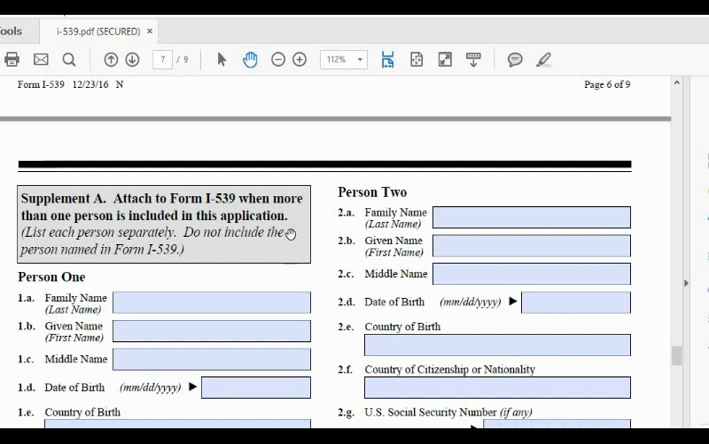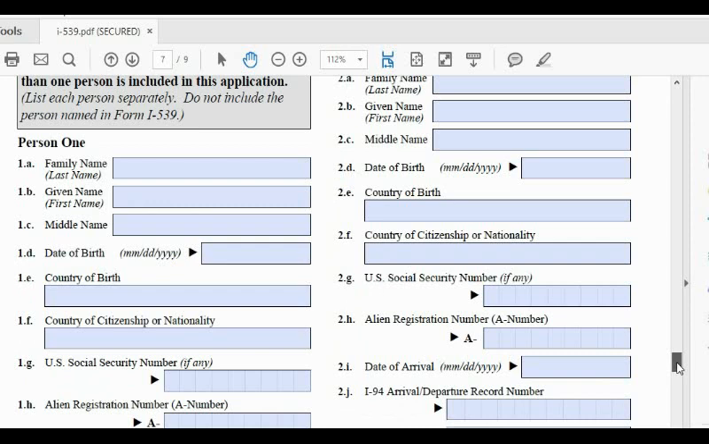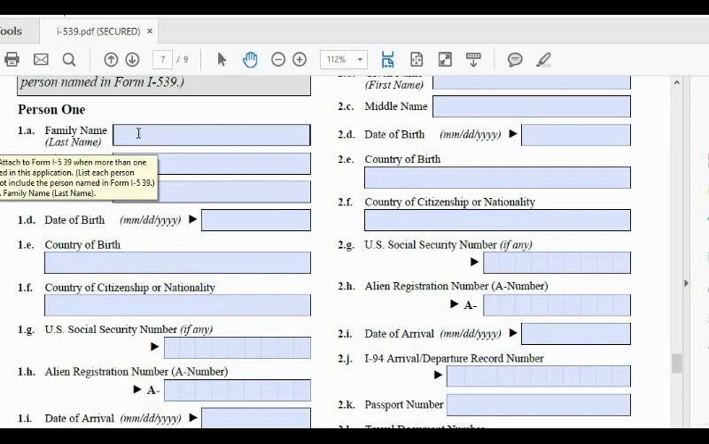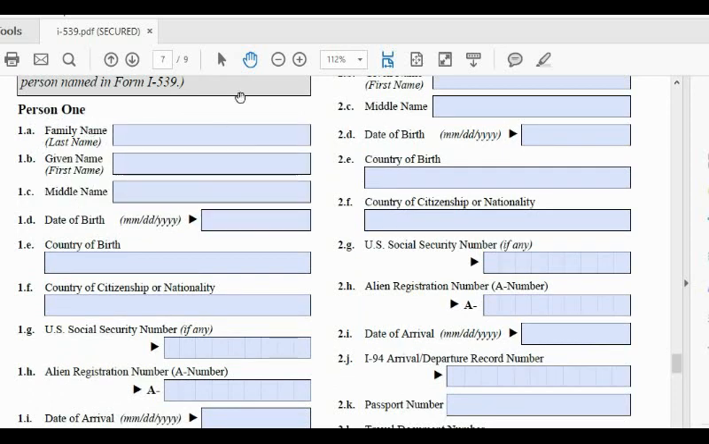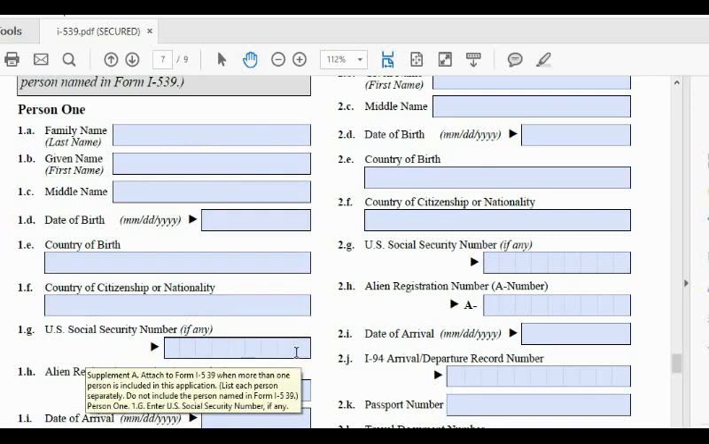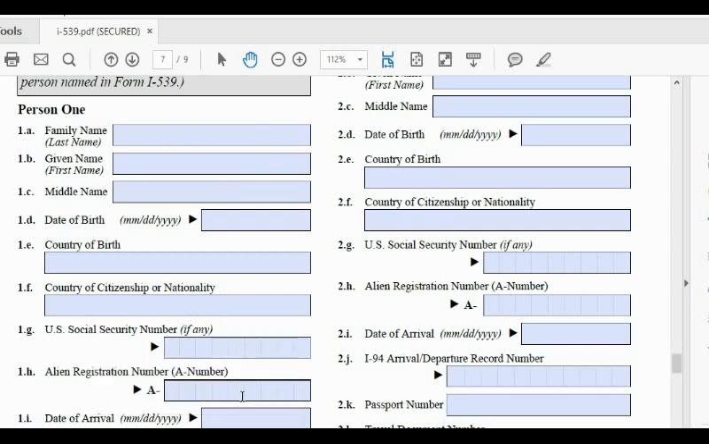This form is used when more than one person is included in this form, okay? Remember there's a part of the form where they ask you how many people are included in this form. So this is where you provide information about those persons. So let's say you have 4 or 5 persons, then you provide information about all those persons. You provide the last name of the person, the first name, the middle name of the person, the date of birth, the country of birth, the country of citizenship, the Social Security number of that person if the person has one, the alien number of that person, and then the date that person